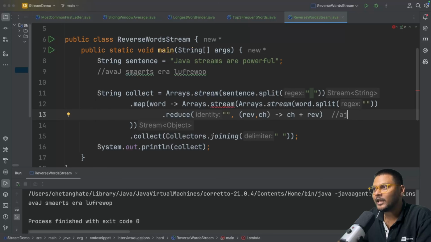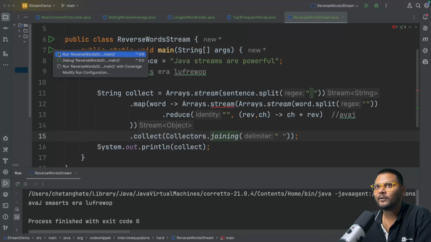Now your reverse is AJ, and the next character is the third character in Java, basically V, right? So it will be like V plus reverse. So V will be appended, and like that your characters will keep on being appended in the front. So it will give you something like this. And at the end we are just joining it. And now if I try to run this,